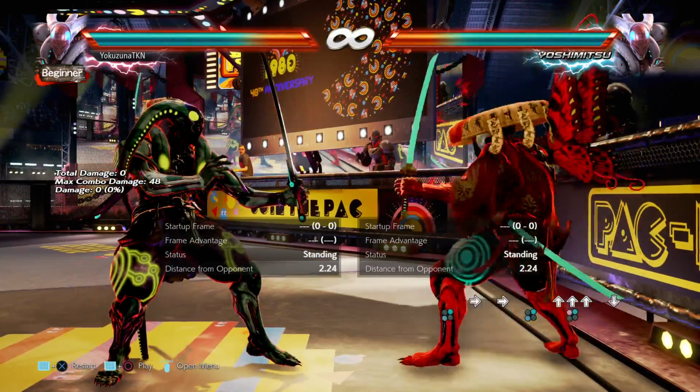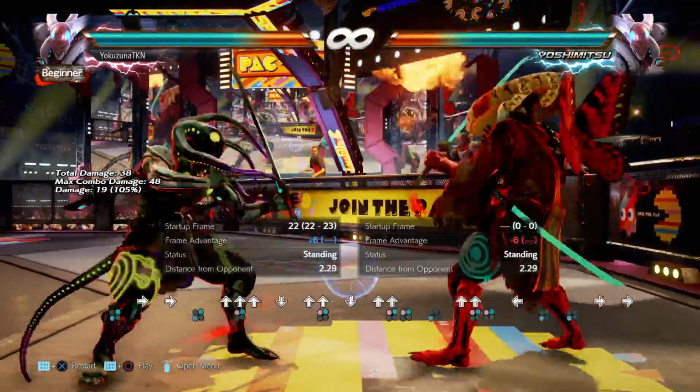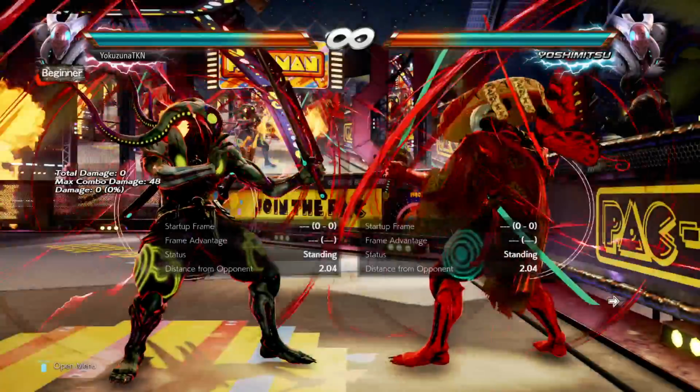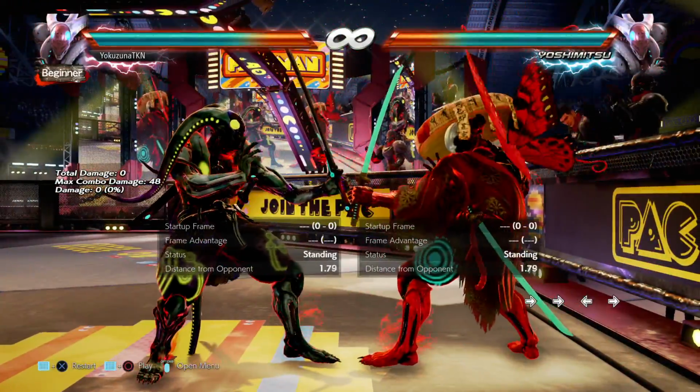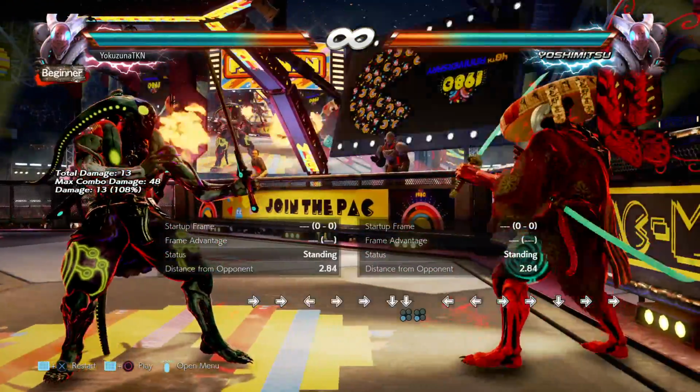So that's why, in my opinion, Dragonfly with the low risk that it has is way better, granting you not as high reward most of the times, but still very good reward. So that's why I use this wall ender, and why I use